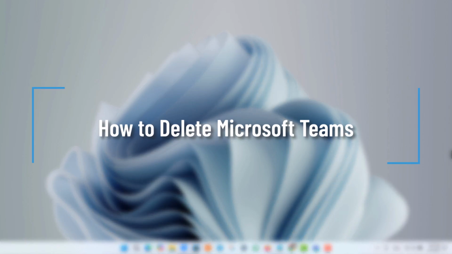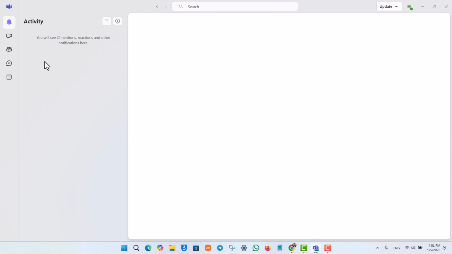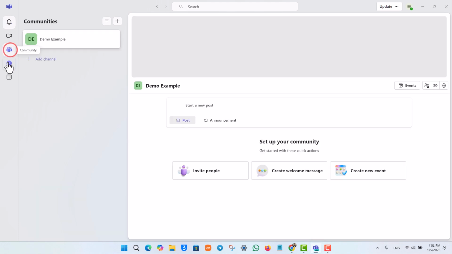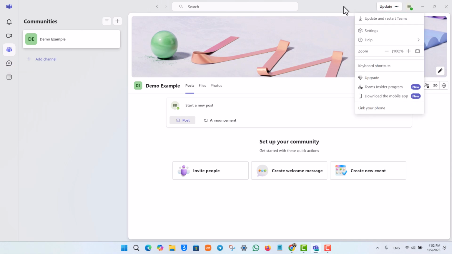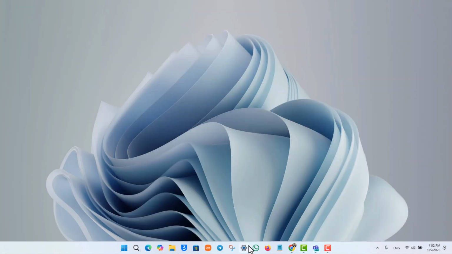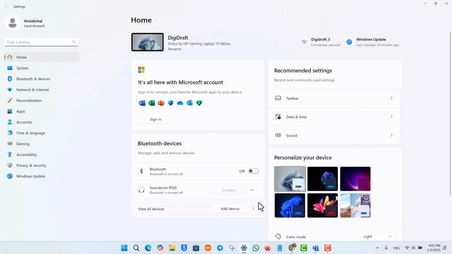How to delete Microsoft Teams. Now, if you have been using the Microsoft Teams app for quite a while, and now you are not satisfied with it or would like to delete the app for some reason, in order to do that, it's actually very simple. All you have to do is simply launch Settings on your Windows or mobile